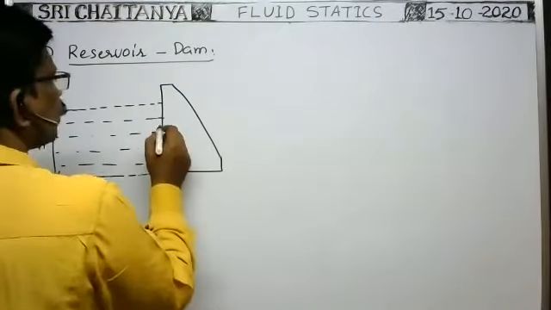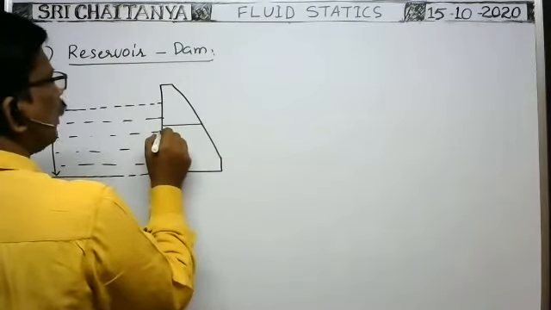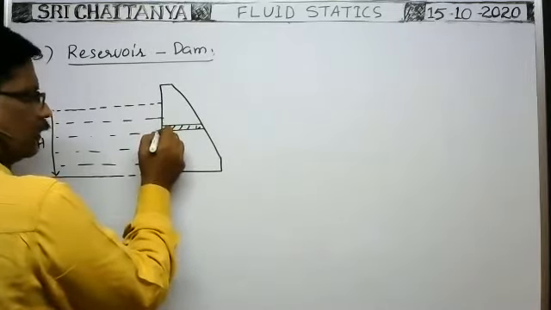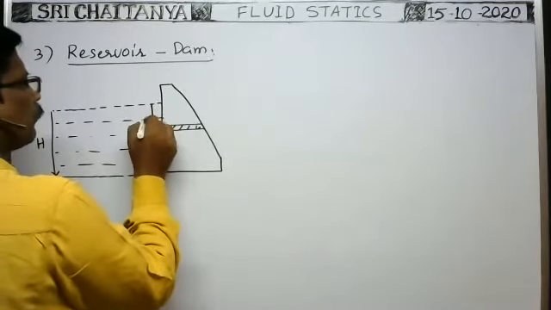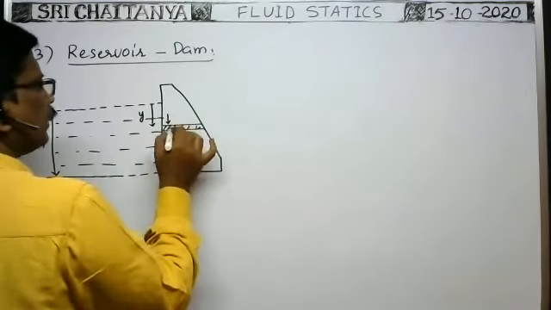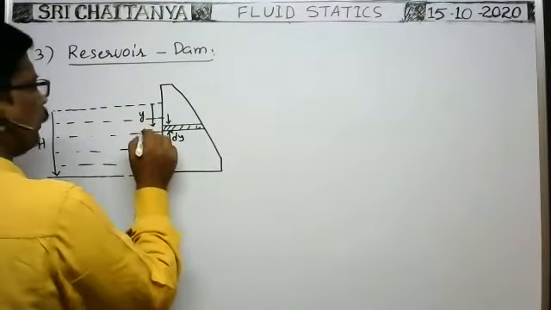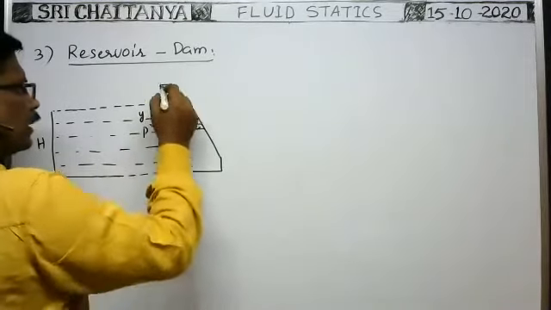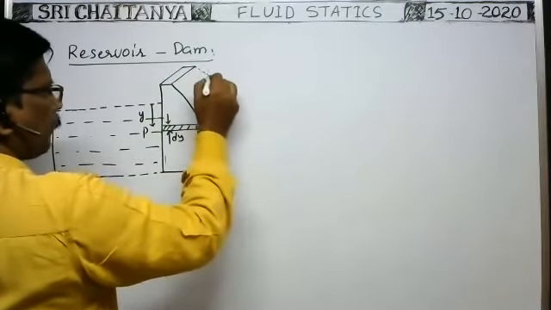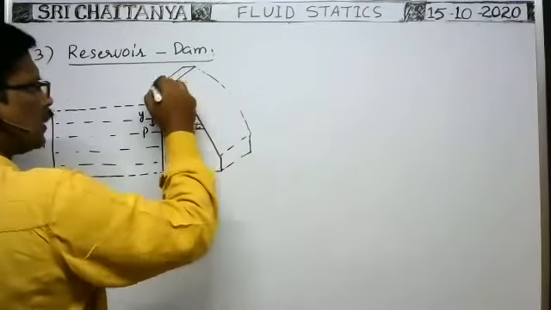That's why at different points on the dam, variable force acts, not constant force. So what is the average force acting on the dam? We have to find it. For that, imagine a small element of the dam, or part of the gate, at a depth say y, and the thickness of the element considered is say dy. At this point, because of pressure P, suppose the width of the dam is say B.